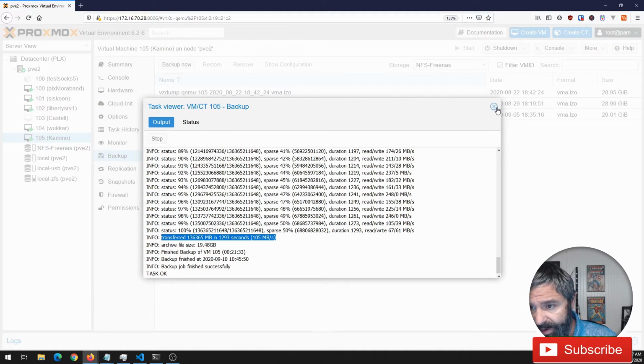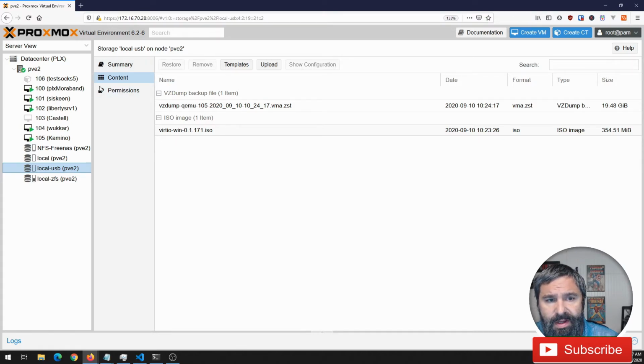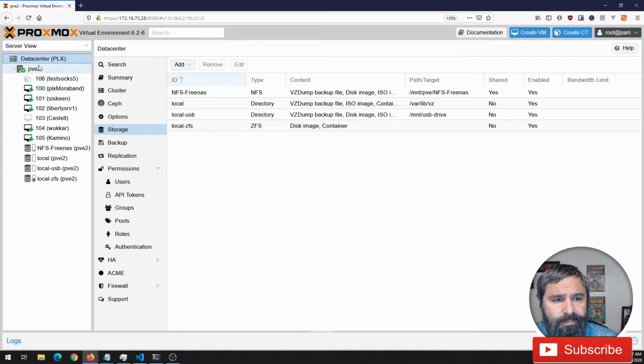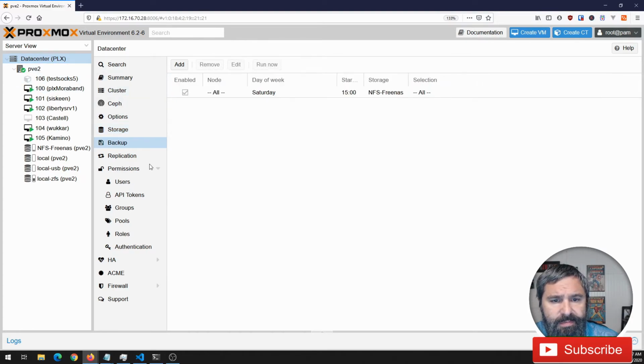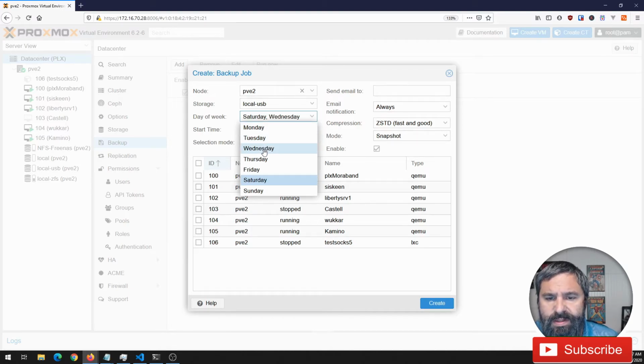And if you haven't done it before, let's go ahead and look at scheduling. So if you notice before when I did this, I set it up for a number of backups. So let's go to backup. And if you see here, I have this backup scheduling. We're just not going to mess with that one. We're just going to go ahead and make another one here. And we're going to do this. We're going to go to USB local. And we're going to do this on every Wednesday